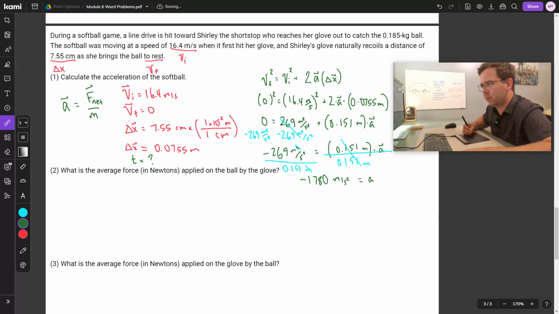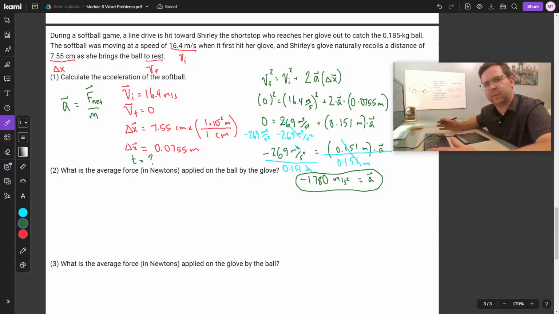This is the acceleration of the softball. It's negative because it's slowing down, and our original speed was in the positive direction. So this acceleration is against the original motion of the ball. So that's why it's negative here. Now that we found the acceleration, that's probably the hardest thing we'll need to do, because from here, the equations